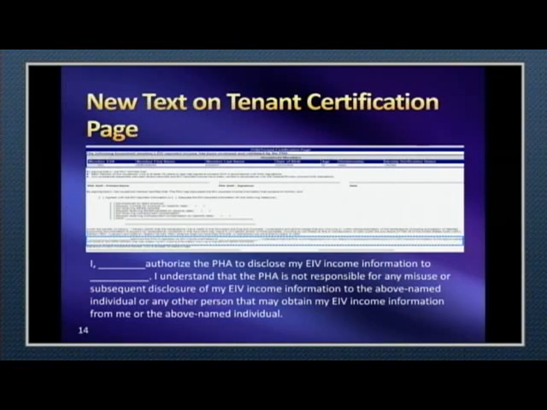We put this in a standardized form for you because a lot of housing authorities were indicating that tenants were requesting their EIV information for whatever reason, and they wanted it to go to legal aid, or to Timmy, the person who helps them, or what have you. This is how you protect yourself, by getting the written consent for the redisclosure of the EIV information to a third party at the request of the tenant, okay? Not at anyone else's request. If you have a legal aid lawyer or someone that comes up and says, hey, Bob has authorized me to access his EIV information, just give me the form.